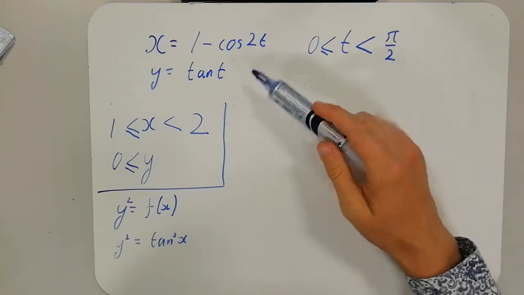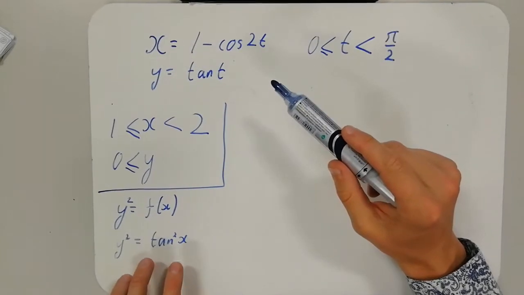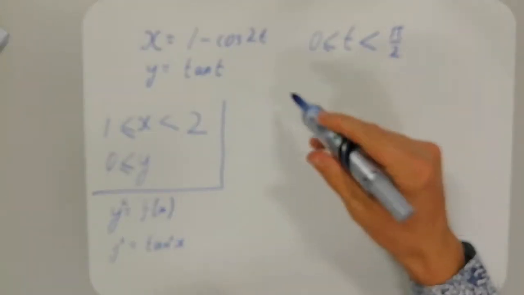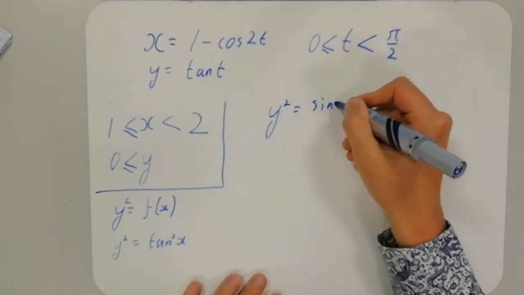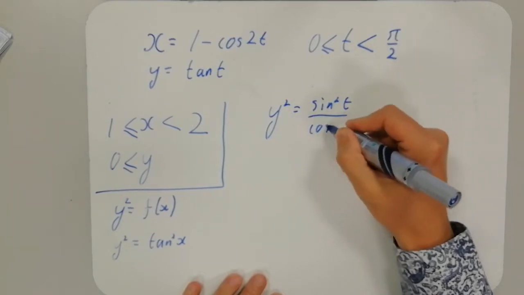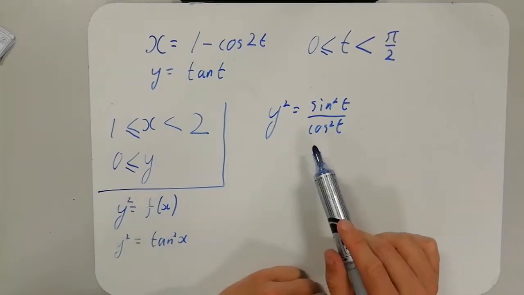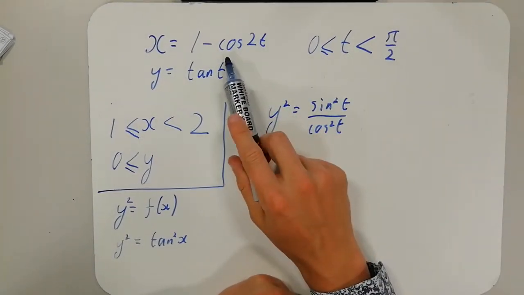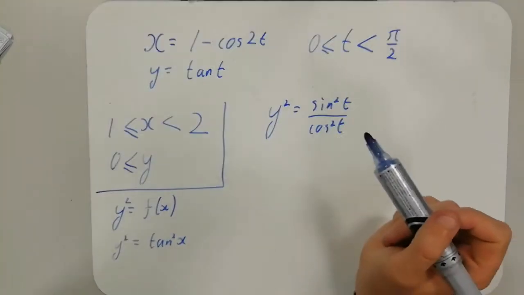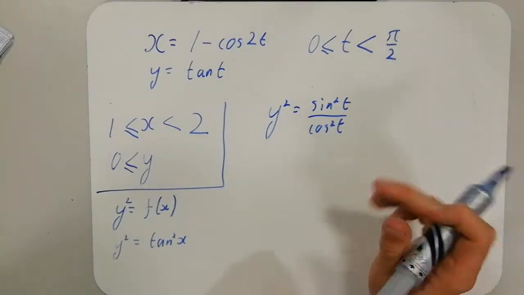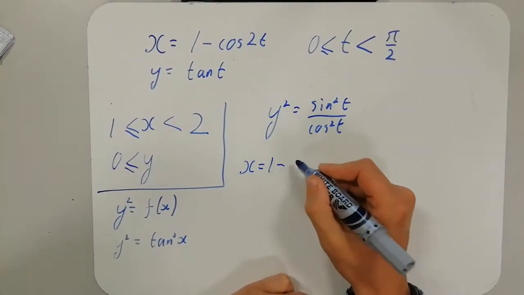But now let's just have a think. x is defined in terms of cos 2t, so it's not easy to get tan from that. However, it is easier to get sines and cosines. So maybe if we write y squared equals sine squared t over cos squared t, this is a better way to look at that function. We want to find out what sine squared and cos squared are in terms of x. We need to change cos 2t into just sine or cos t. That's convenient because cos 2t has 3 different forms. Choosing the form with just cosines in it,